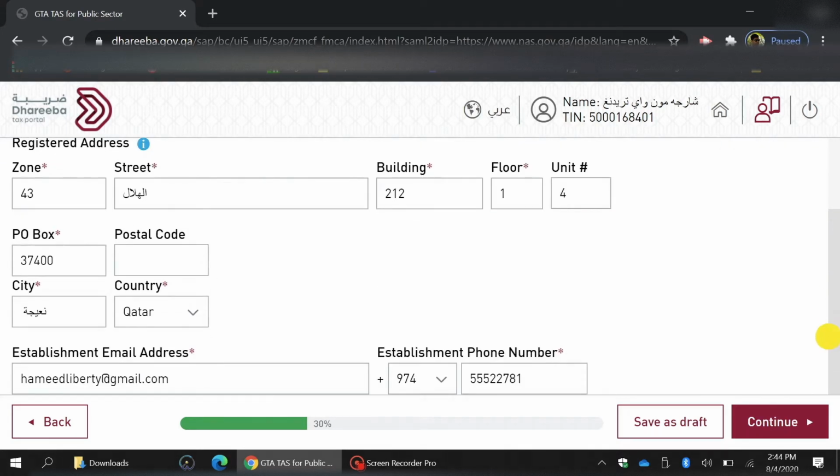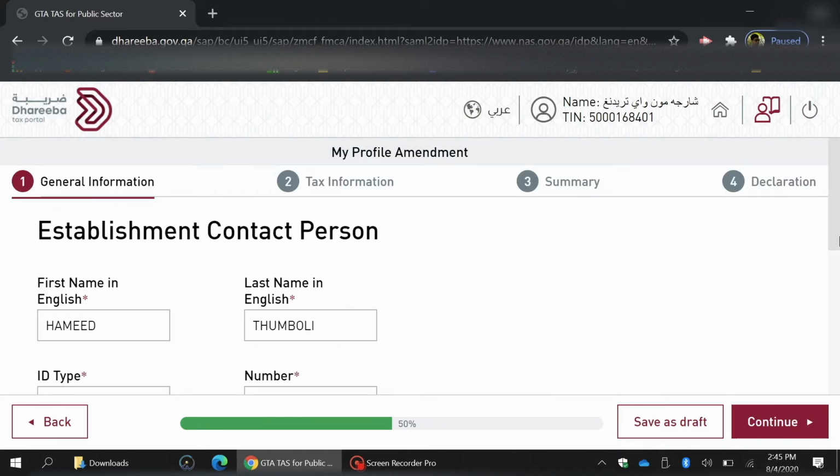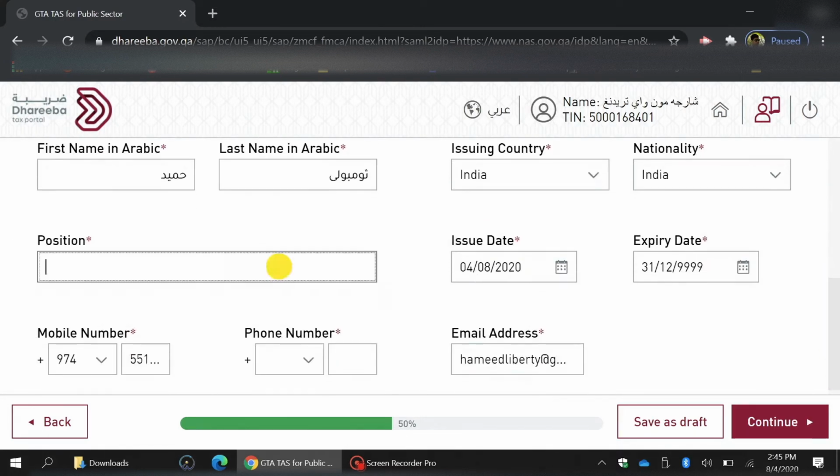So for example, let's go change the PO box, our post box. Assume that our post box has changed, and also assume there is a slight change. We shifted from one room to another room in our location. So it's very easy. Just go down to that specific area, just edit it as though you're editing anything on the Word document. We assume nothing else has changed, everything else remains the same, the profit share and all our